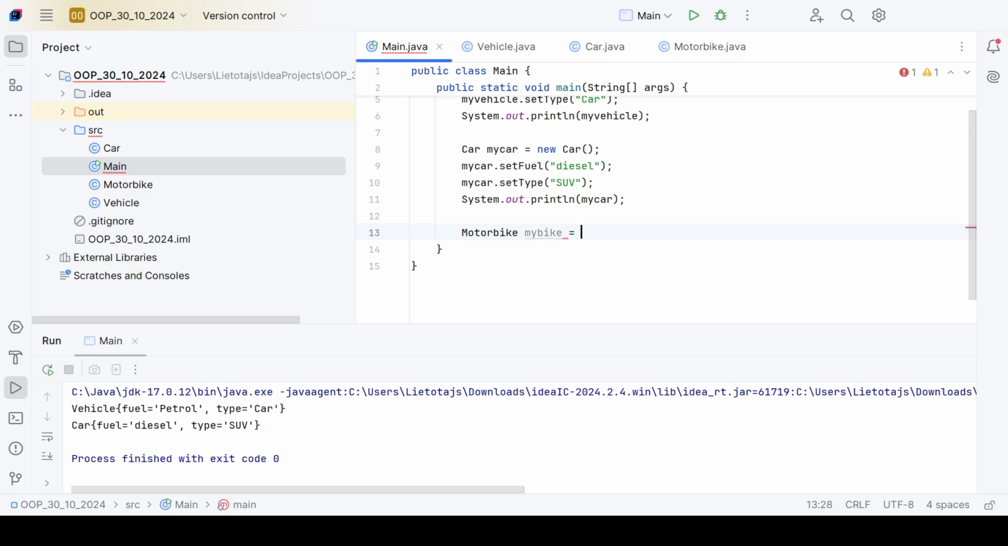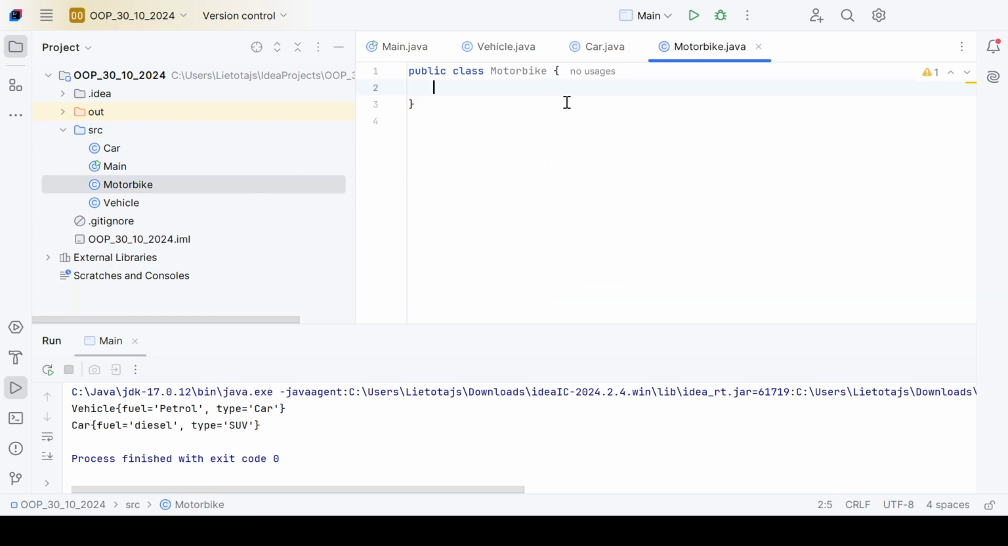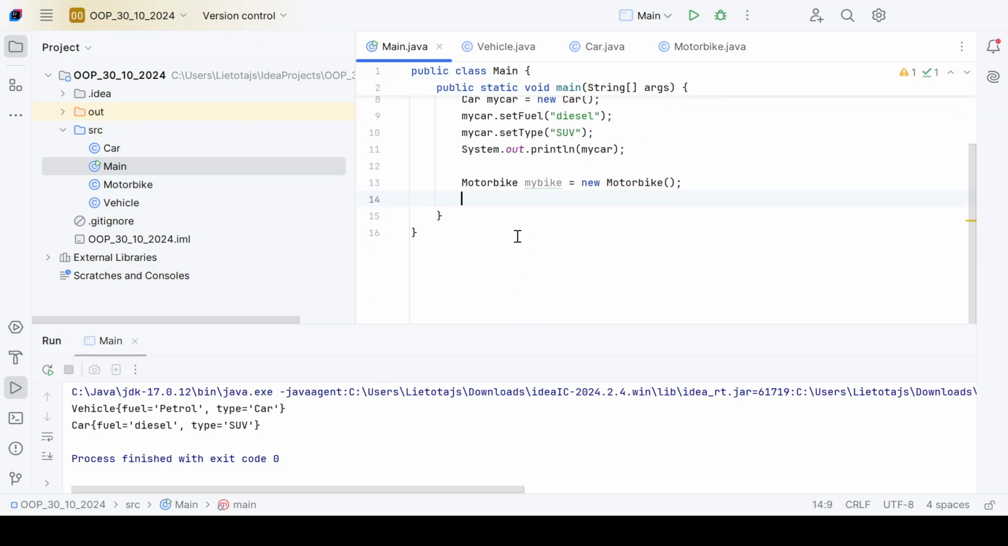My bike is equal to new motorbike, and then you can write my bike fuel is equal to, my bike set fuel. My bike, and here you see you don't have it. So why don't you have it? Let me check. Because when we defined motorbike, we didn't say extends, you see. And then it's very good, extends vehicle. And then you can go here and write my bike set fuel, electro, for example, and you can say my bike